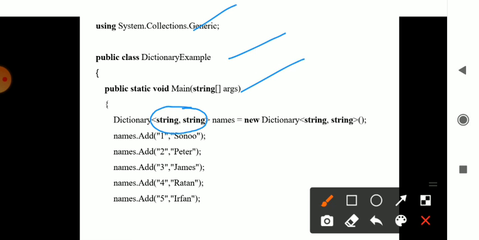It's nothing but the key and the value. Names, new Dictionary string and string, that it will be accepting. So names.Add is nothing but you are adding the key and the value. If you want to remove, you can use the concept of removing. Names.Remove, like that you can remove that particular element from the program.